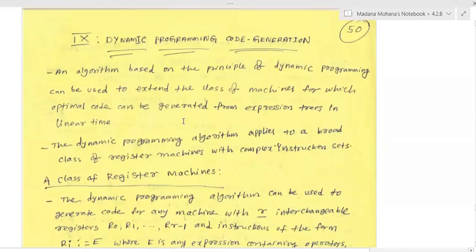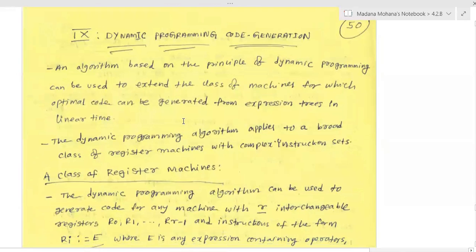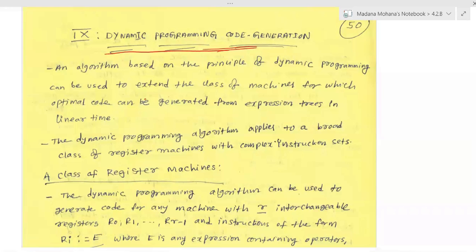Okay, now our next concept related to code generation, the last concept, is dynamic programming code generation. So we know dynamic programming from design and analysis of algorithms. One large problem is divided into subproblems. Then each subproblem can be solved individually by using a procedure recursively. Then every individual problem's solution can be combined. Then you will get the overall problem solution. Now this approach is used for code generation also.